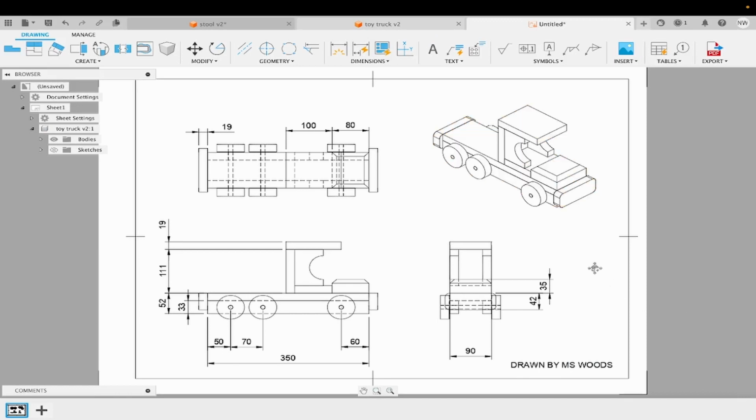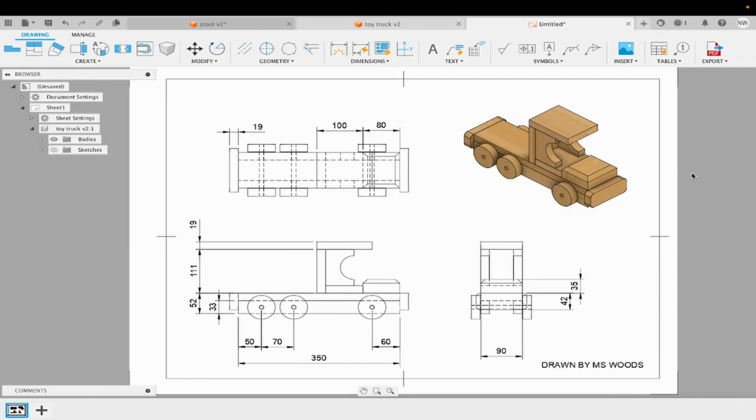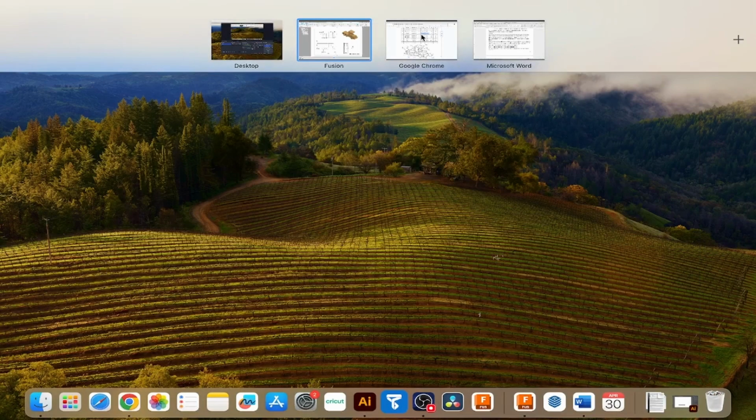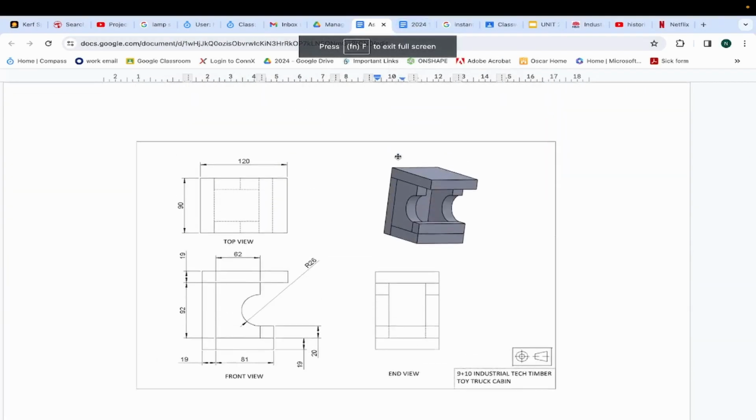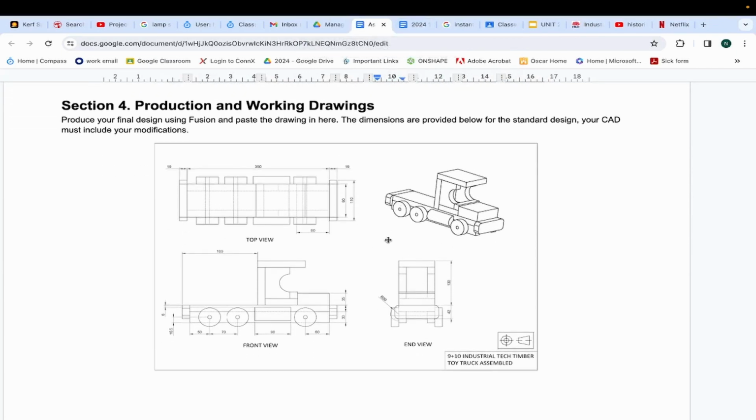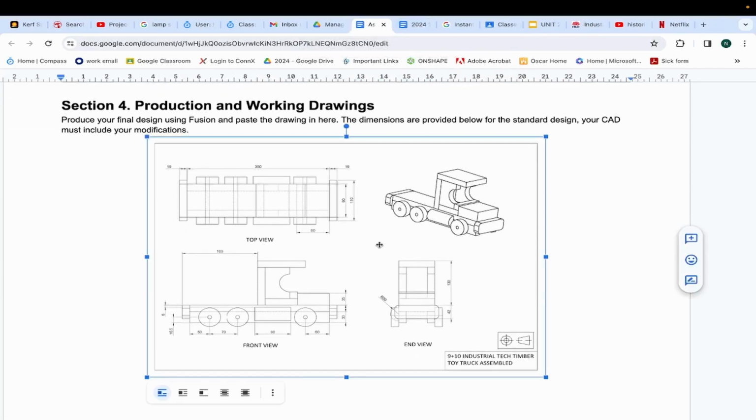Now, this can then get screenshot, Command Shift 4, from just outside your title block. Okay, and it can go back inside your folio. Okay, and that would take the place of this drawing. Okay, so you would delete that one and you would put yours in there. And remember, it's with your modification on there too. Now,